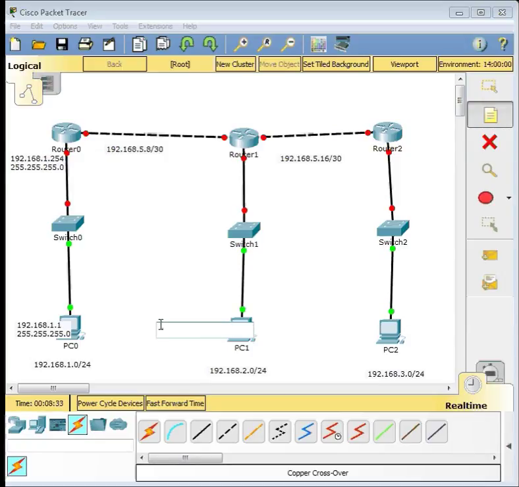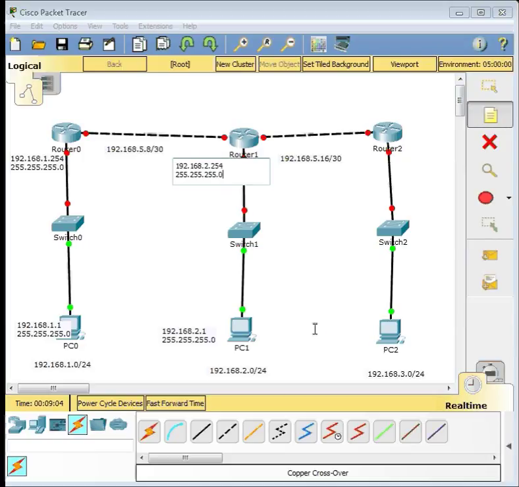Same with PC1 as well, the IP address is 192.168.2.1 and the subnet mask is 255.255.255.0, and the IP for this interface is 192.168.2.254, the last usable IP of the network, and the subnet mask is 255.255.255.0.